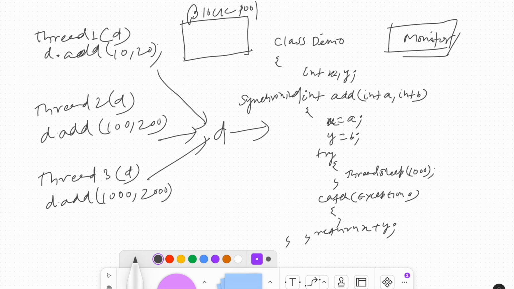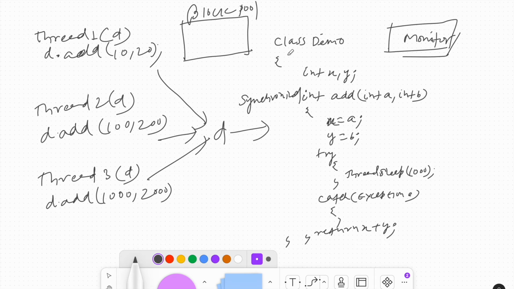So they made a rule. To execute a synchronized method, a thread must have the monitor of that particular object on which it is going to execute the method. What they are trying to say is, for example, for this class, if any thread would like to execute a synchronized method, it must have the lock of the object on which it is executing that method.